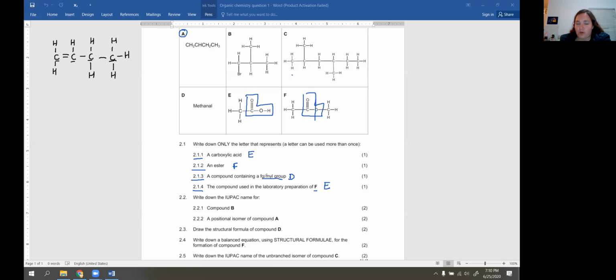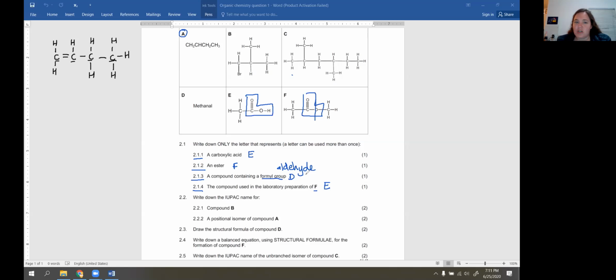The formyl group belongs to an aldehyde. You need to memorize that. I don't know quite why, but aldehydes and their formyl groups are often forgotten. They seem to be aldehydes and ketones people seem to forget about. You don't forget about your alcohols or your carboxylic acids because you see them a lot with esters, but you